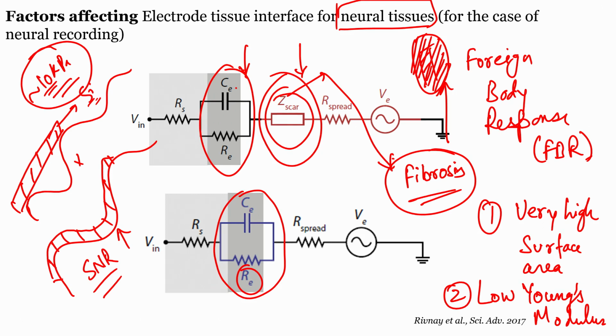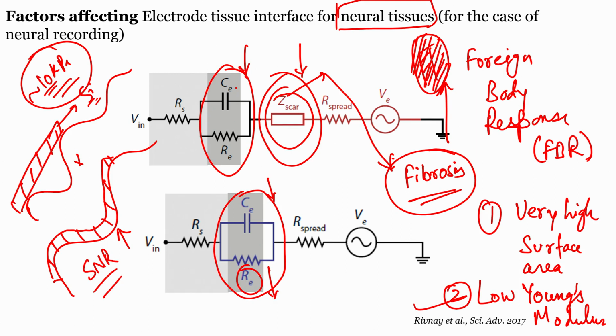Contrary to that, if you have a material which is mechanically soft and has Young's modulus comparable to that of neural tissues, around 10 kilopascals, then there will be two advantages. First, it will have low Young's modulus, and also the contact that it is making with the neural tissues will be better or improved when compared to such stiff materials, which will result in reduced value of double layer as well as